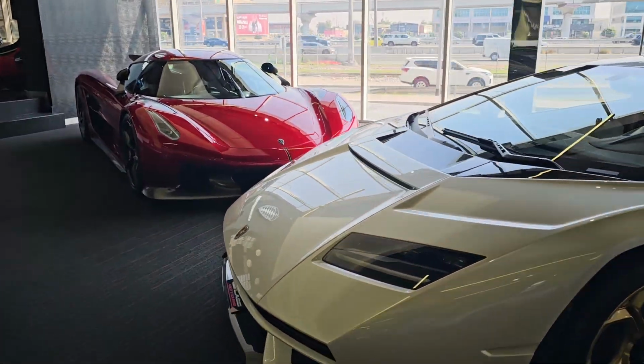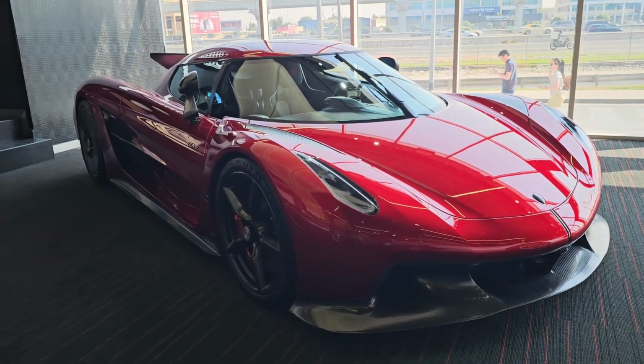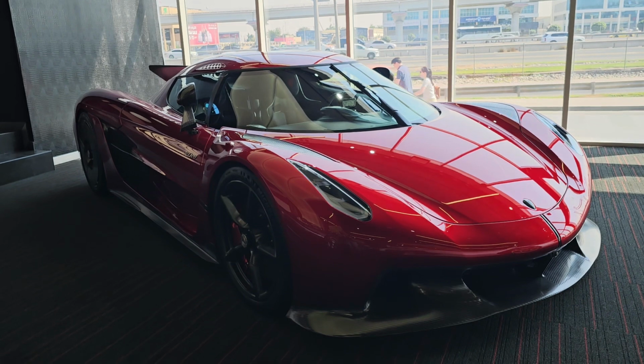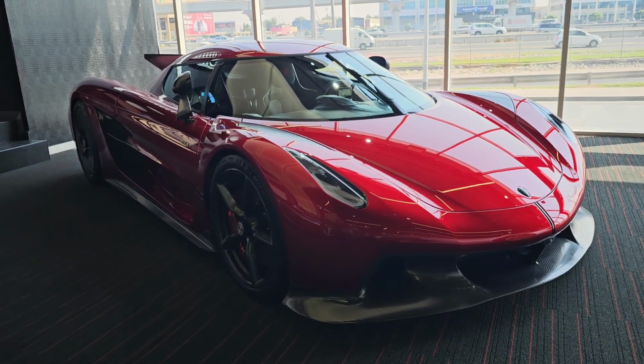So this Absolut is the first one in the country. I just had to come and see it, and it looks phenomenal in this red color. Let me know in the comments what you think about it. The Koenigsegg